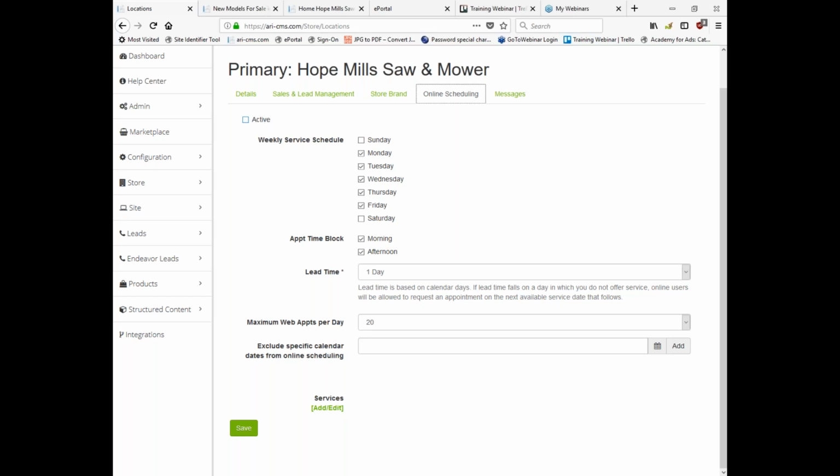If you go through and check the active box, then next to each service on your page, they'll get a button that appears that says Request Service. They'll then be able to go in and request a day, an approximate time of day, like Tuesday in the afternoon. And if that doesn't work for you, you can give them a counter suggestion of Friday in the morning,